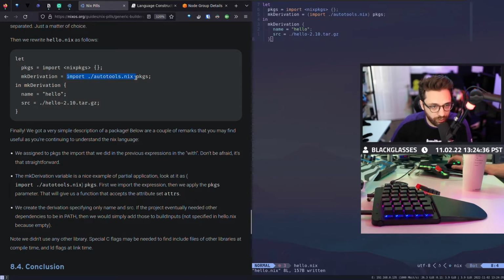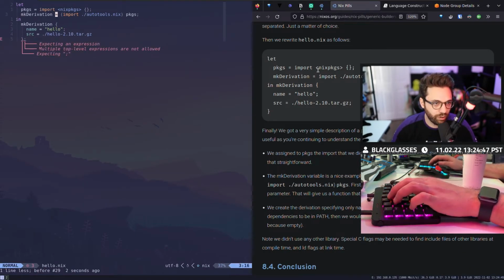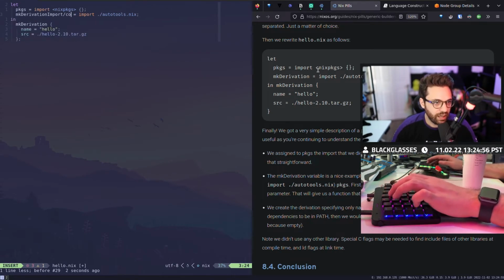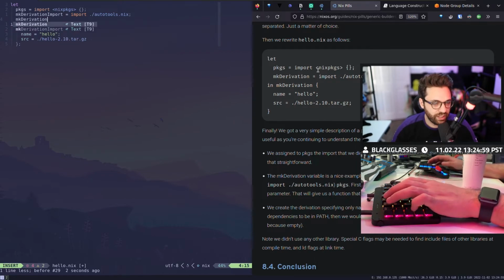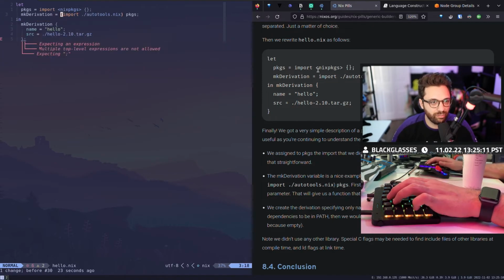So at this point, once we've imported it, it's an expression now. So we can use it as a function right here if we wanted to. The other thing we could do, which is probably not as helpful, but it'll help you understand what I'm explaining, is I could say make derivation like import, right? And then say make derivation equals make derivation import packages, right? And now I have make derivation. So that's all the parentheses does, is it just makes it so that I can immediately act on it as what it's being evaluated in the file.